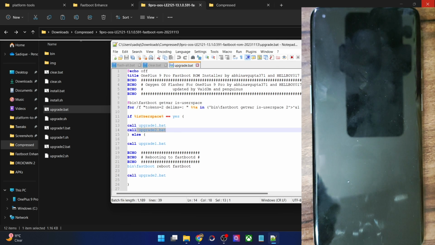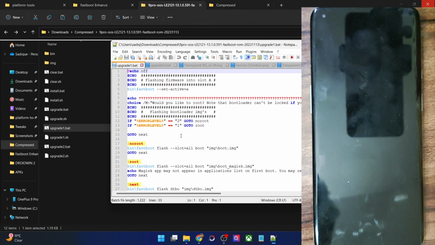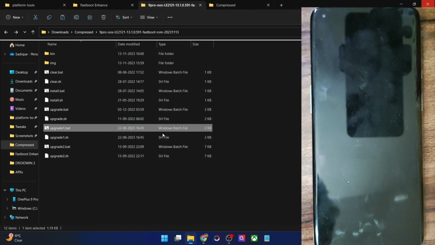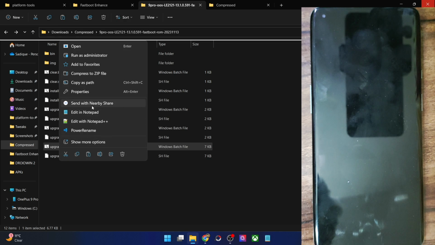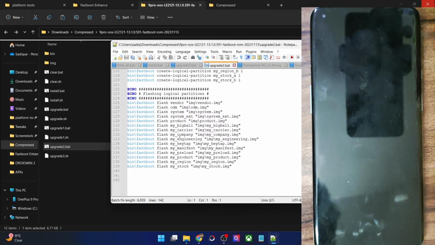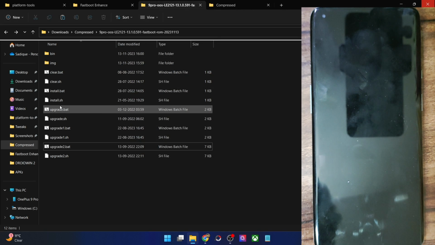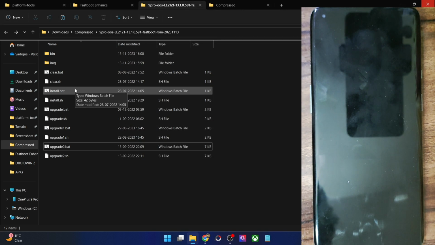So let's check that out. This is the upgrade 1 batch file, which will flash a couple of files, and then it will call the upgrade 2 batch file, which will again flash the rest of the files, and your task then stands complete. All in all, you only have to open the install.bat file and the rest of the files will be called on their own. You don't have to worry about that.